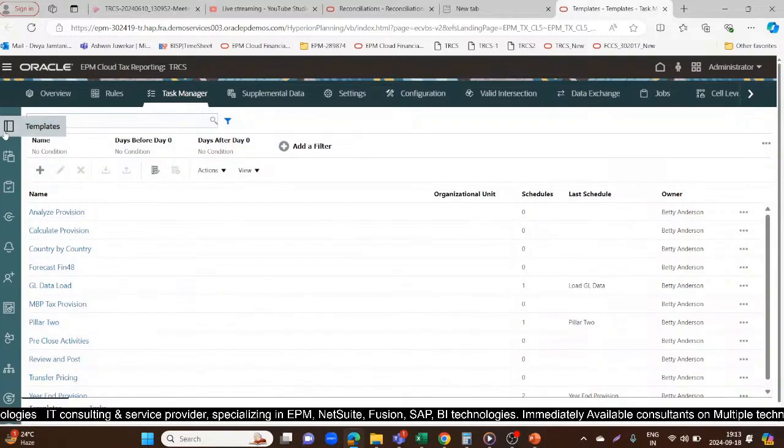Now first we'll create the task template. So the administrator creates templates for repeatable tasks in the business process. You can create templates for different types of business processes such as monthly or quarterly. For example, you can save a set of tasks required for monthly close, and you can use this same template